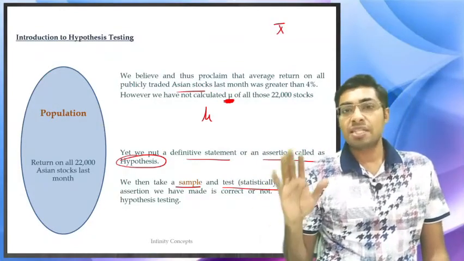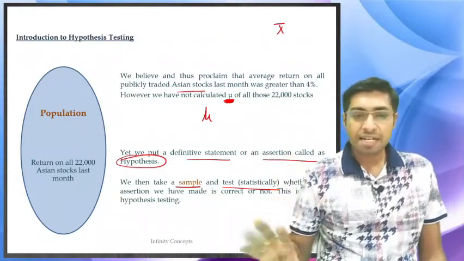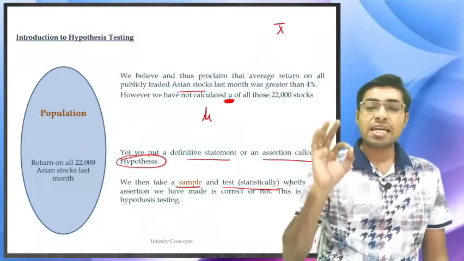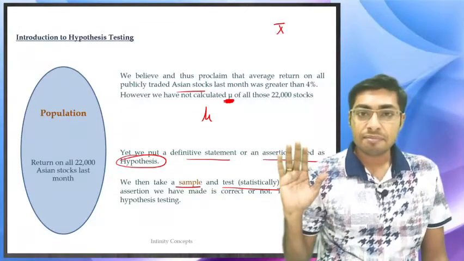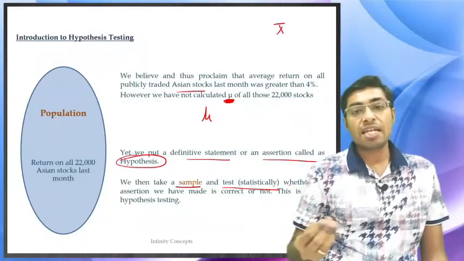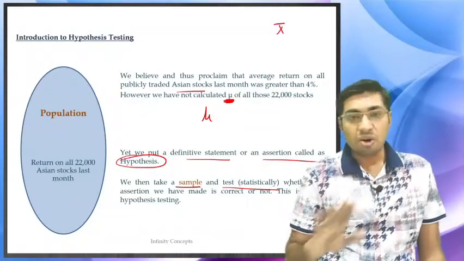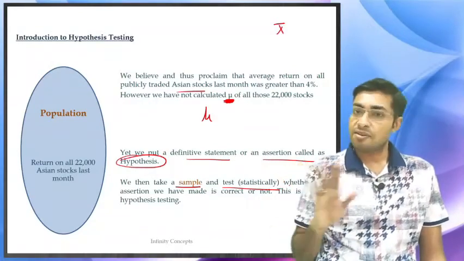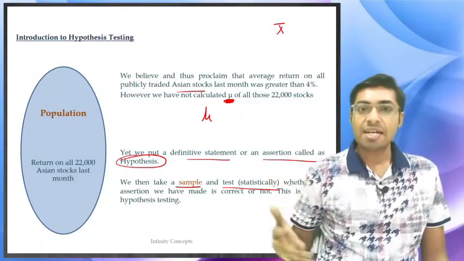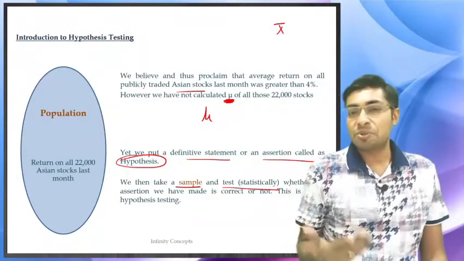If, for example, the hypothesis testing gives us the results that we desire, then the statement that we have made will be correct. Or it will give us some results due to which we will understand that the statement that we have made is not correct. Fine? Understood? Shall we move ahead? As and when we go ahead, we will understand what exactly we are doing over here.